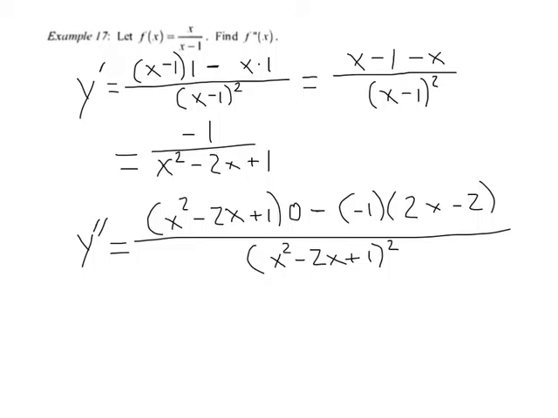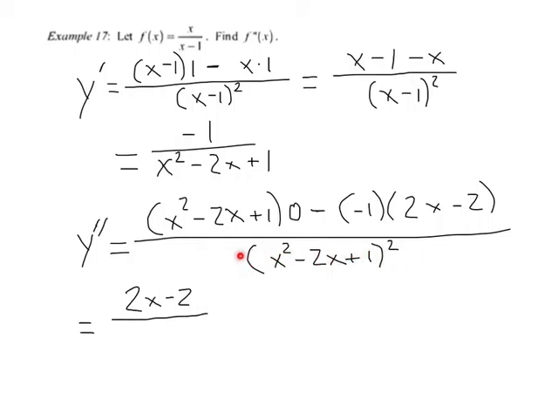Okay, as I go through and think about how I'm going to simplify this, my numerator, let's work through that first of all. The whole first chunk is just going to be 0, so I need to basically think about distributing the negative 1 to both parts, but also realizing that I'm subtracting it. So maybe what I'll do is even think of, basically these things are going to cancel each other out. In the end, that's what would happen. So really I'm just going to be left with a 2x minus 2 on the top. Then our denominator,